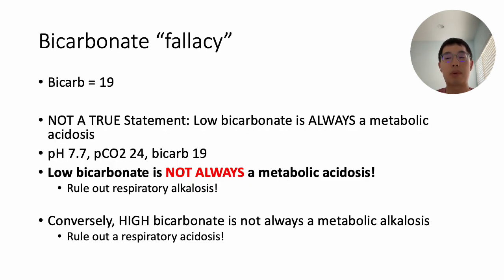Let's talk very briefly about the bicarbonate fallacy. Many times we will look at the chemistry panel without an ABG and declare that the low bicarbonate level is due to a metabolic acidosis. The majority of the time, this is true, but as you can see here in this ABG example with a pH of 7.7, PCO2 of 24, and a bicarb of 19, a low bicarbonate here is actually compensation for